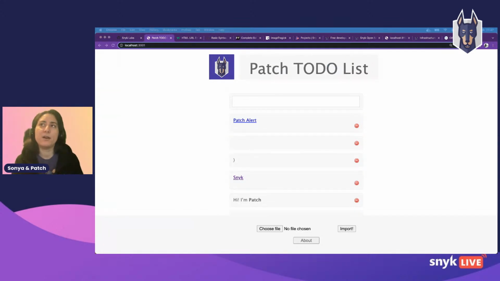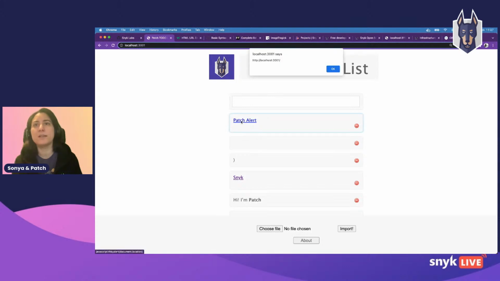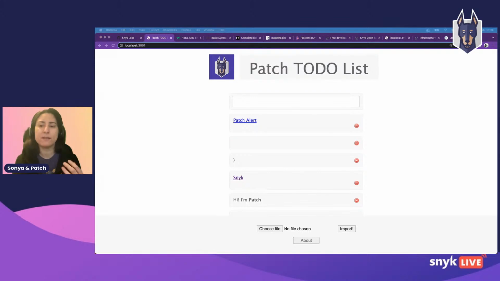So if we think of a social media application where we have user profiles, because you might say, okay, Sonia, this is great, but I'm clicking and I only have an alert. Is this really dangerous? I would say let's think differently. Let's think of this application as a social media application, where you might have user profiles. So visitors could click on the link on your profile, and the data would be sent to the attacker server containing sensitive information. In that case, if you have the document.cookies, for example, or just to fetch your session cookies.